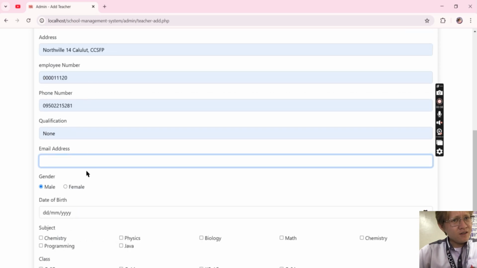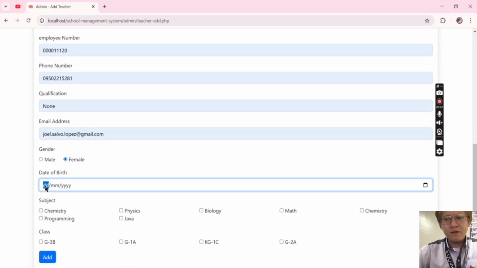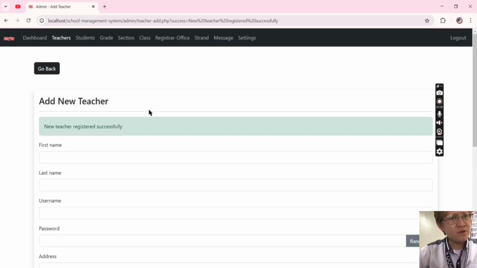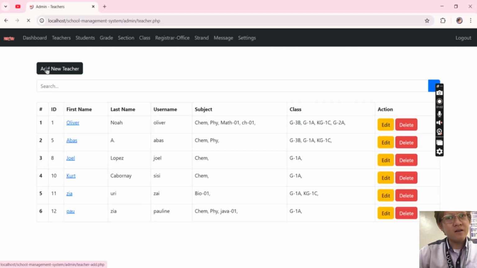Gender female, birthday 25, 2004. So here's the subject: chemistry, physics, and Java. So here's all the class. It is successfully logged. So we'll go back.